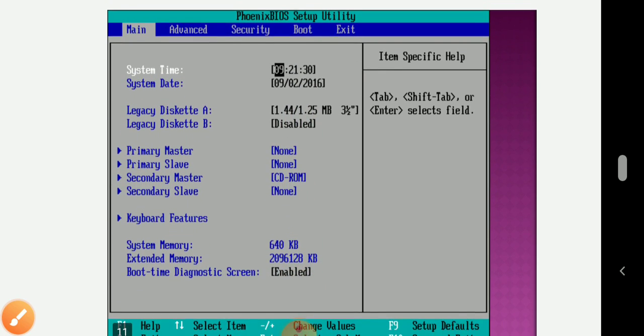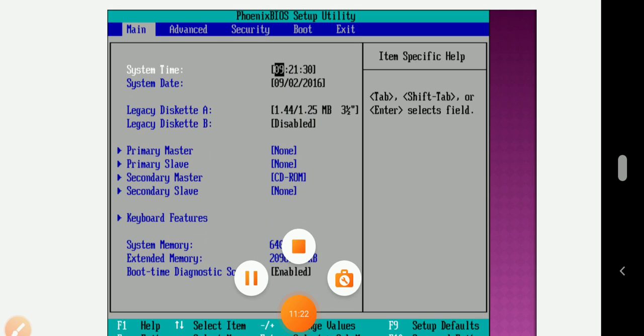Now students, here you can easily see this is the Phoenix BIOS setup utility in your PC. It means if you start your PC and then press the key, you start your booting process. So this is a picture of your booting setup process.